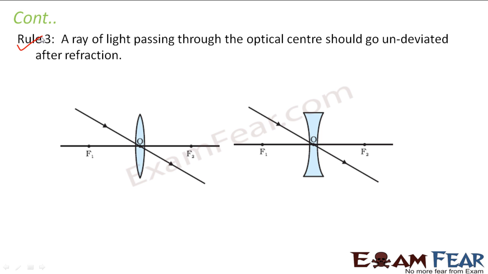So if you remember the picture of the lens, how the lens looks like and where is my first principal focus and where is my second principal focus, then you can easily plot the ray diagrams and there is no need to memorize the rules. If you understand them, there is no need to memorize. Now keeping these rules in mind, we will go ahead and try to see the image formation by convex lenses and concave lenses separately for different object distances, like how we did for spherical mirrors.